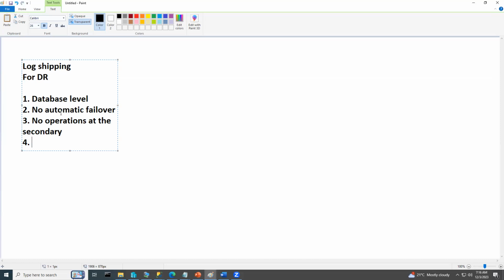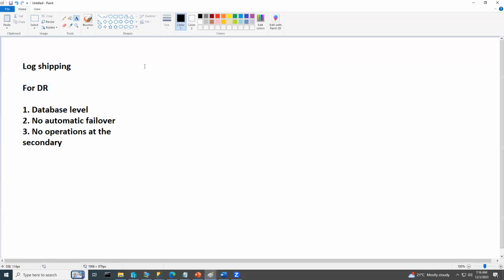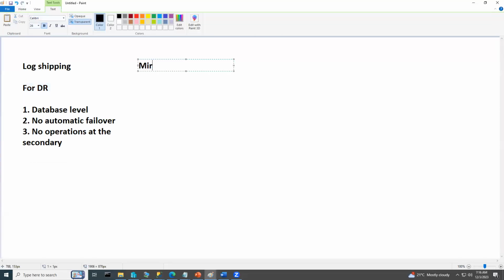So what else do we have in log shipping? Let it be. We might have a few, but the main disadvantage of log shipping is that it is only for disaster recovery. There is no high availability feature involved, right? So in mirroring,